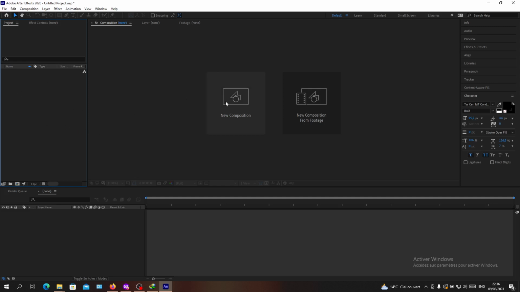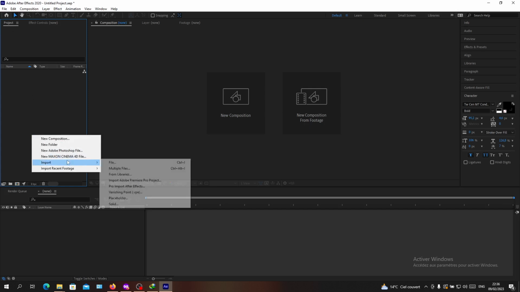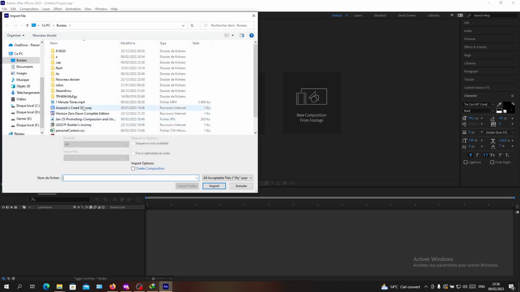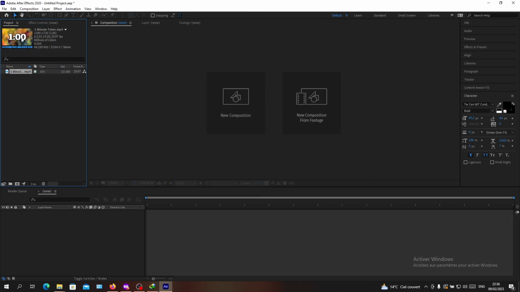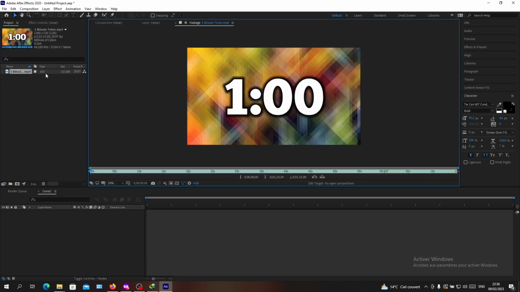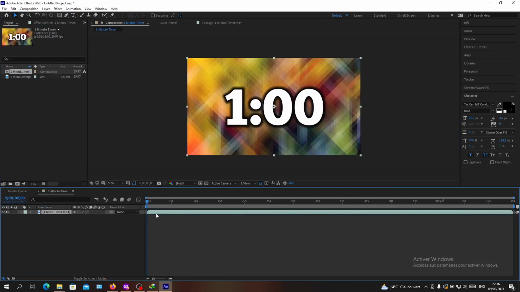After you open your software, you will need to import the video that you want to clip. So basically you will right click here on the project panel and go import file and choose the video that you want to cut. Then you will go here, drag it to the layer panel and go to the parts